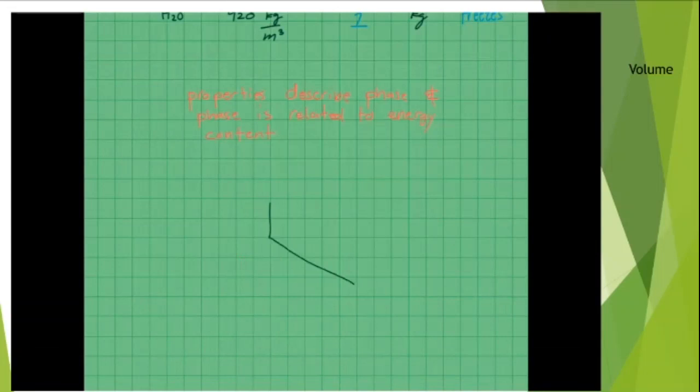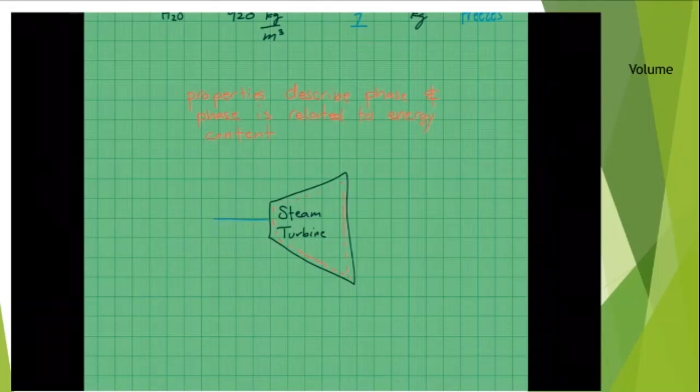For an example, let's consider a steam turbine. And it's usually kind of drawn like a megaphone in most textbooks, where you have, if this were the boundary line, then at the inlet, you have water as a gas entering the turbine, and that has some temperature, some pressure, some specific volume, and some energy content associated with it. And the turbine is going to convert the pressure and the energy in the gas into